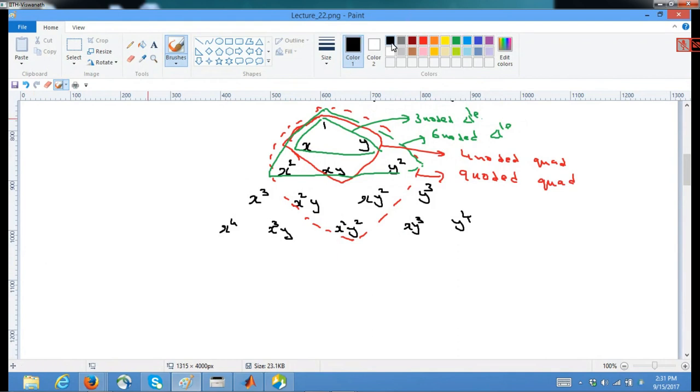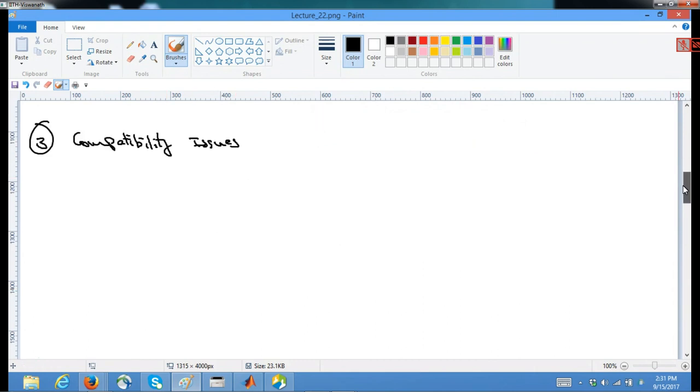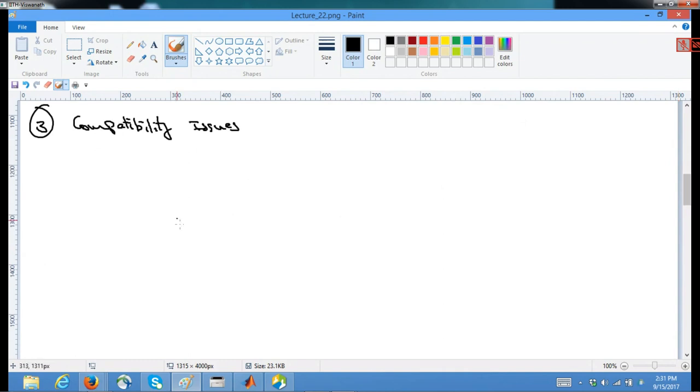So we showed that, for example, if you choose an element of